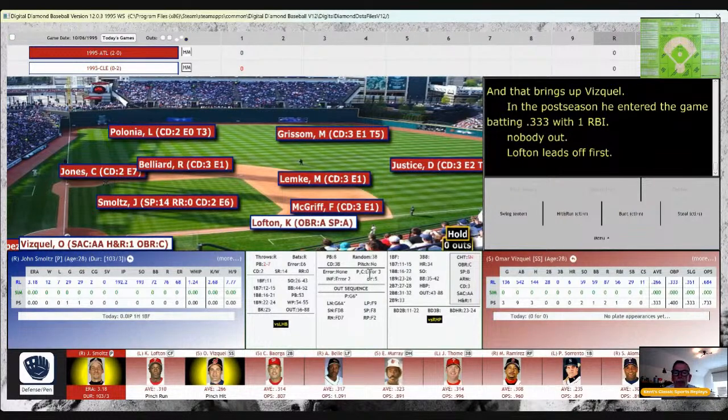Smoltz goes into the windup. He takes off, that 85. However, before he can take off, Smoltz fires to the bag, holding Lofton on, and there will be no steal attempt at this at-bat as Vizquel now rolling against him. It's going to be again on Smoltz's card. That 53 will be an out on a SN. That's a ground ball back to first. We will check for an error. He is an E of 1. And there's no error. So it's a G6A.